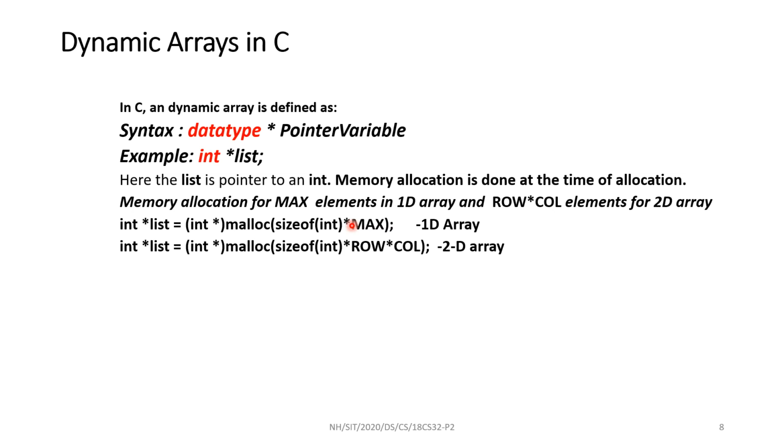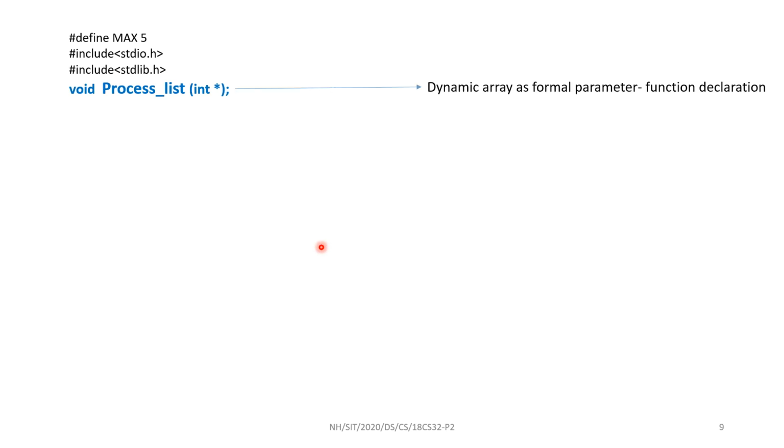What I wanted to tell you is, whenever you are calling malloc, use sizeof the data type. It can be anything, it can even be a structure also. We'll be seeing that in the later part of this module and in the lab program. We'll see in the program a function is declared which takes a pointer, that is the starting address of that array. The content in that location is of type integer. It is a formal parameter.